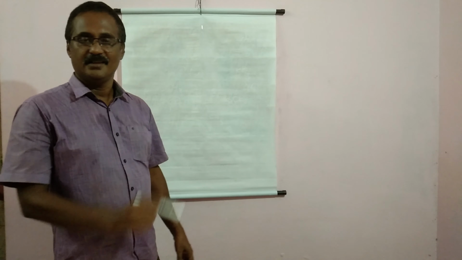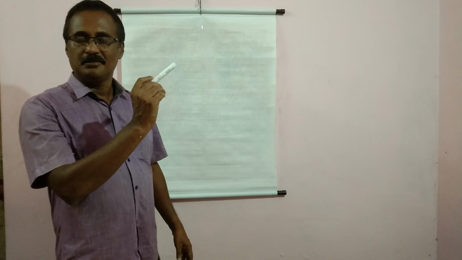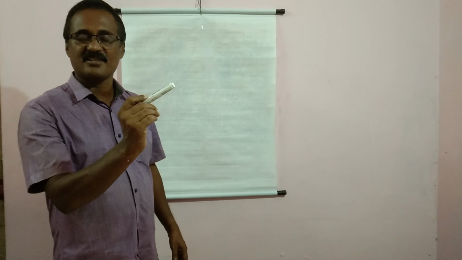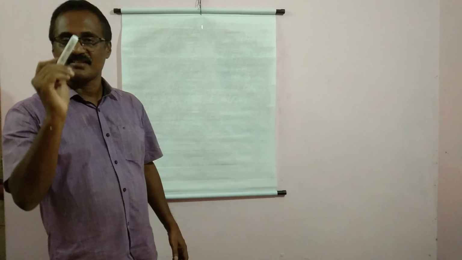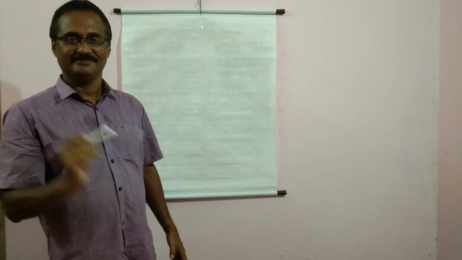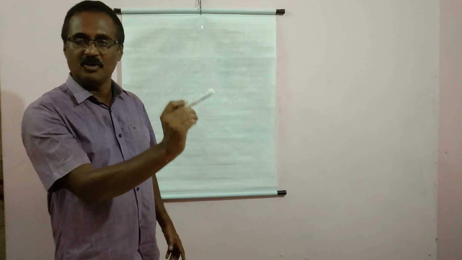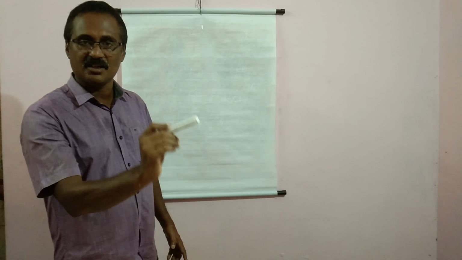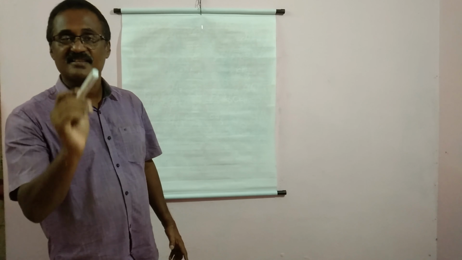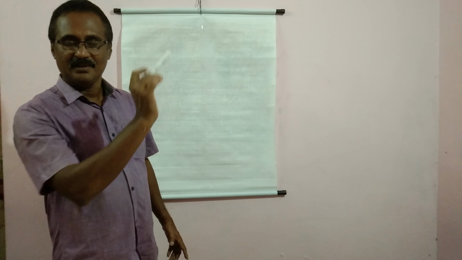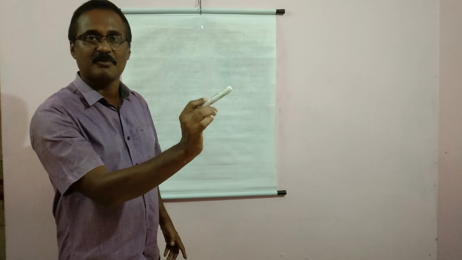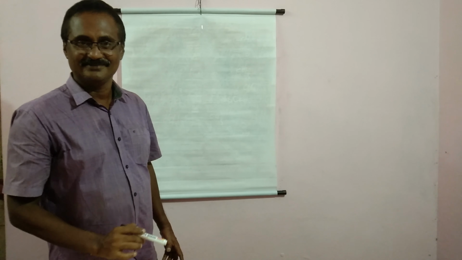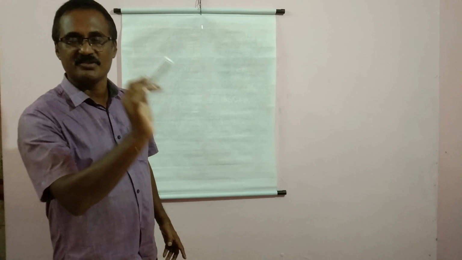SN2 means bimolecular nucleophilic substitution reaction, where the rate of the reaction is proportional to the concentration of substrate and nucleophile. SN1 means unimolecular nucleophilic substitution reaction, where the rate of the reaction is proportional to the concentration of the substrate only. SN2 reaction is a single stage process where a transition state is formed. SN1 reaction is a two-stage process